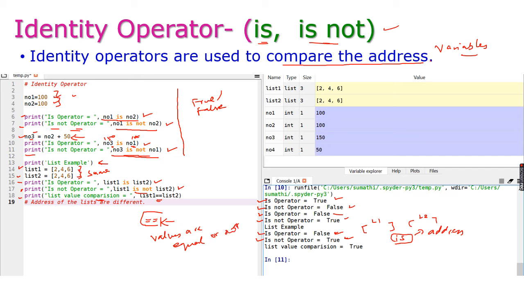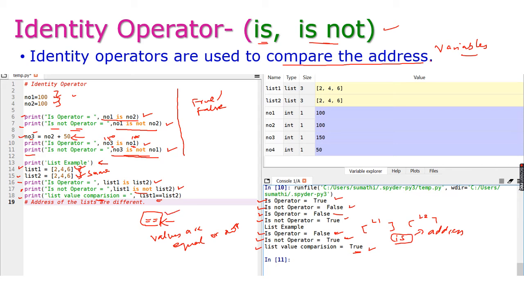This is the purpose of the double equal to operator. Now the values of list 1 and list 2 are the same. So this will give true.